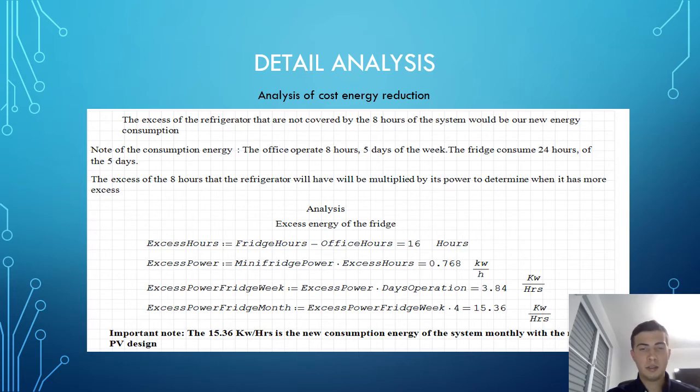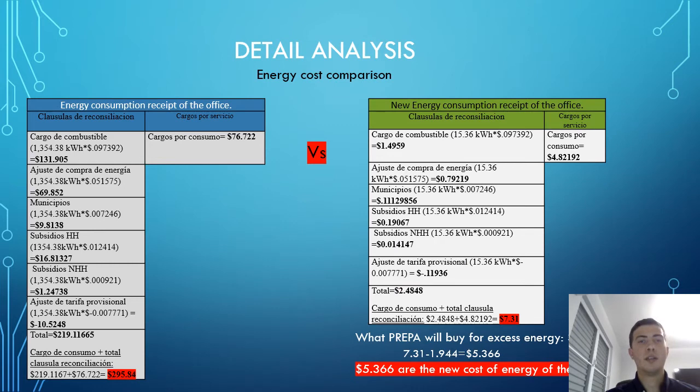That is the month. An important note of this analysis: the 15.36 kilowatt hours is the new consumption of the system monthly with the new PV system design. And now we have the comparison of the energy cost, that the old cost is $295 versus the new consumption, that is $7.31 minus